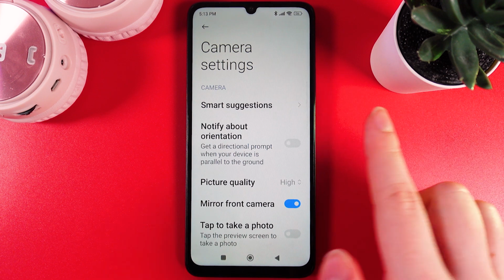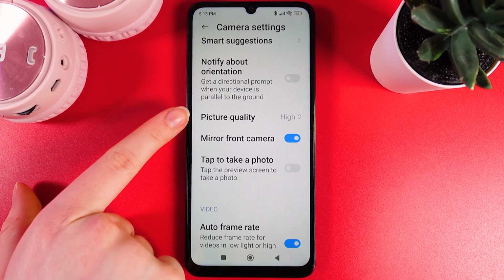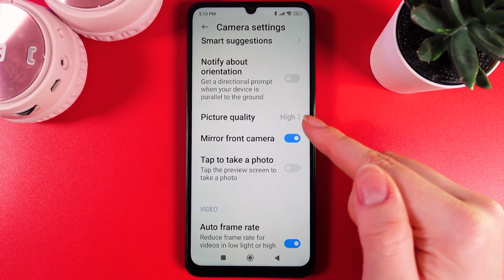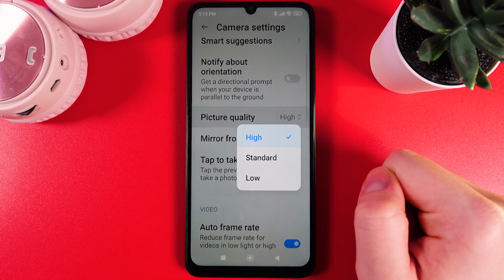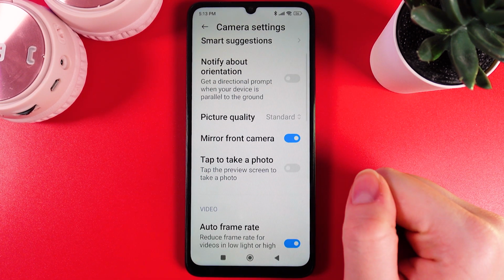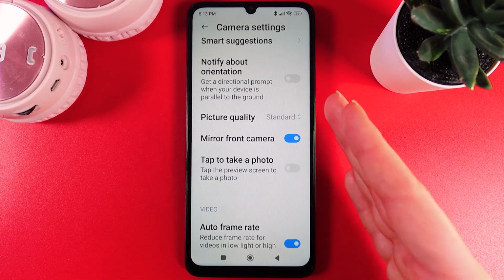After this, we will get to the camera settings, and now we have found the main thing that we are looking for, and this is the picture quality. As you can see, currently the picture quality is high, but by clicking on this button, we can choose standard or low. By choosing standard, the image quality can be a little bit worse, but it will save you some